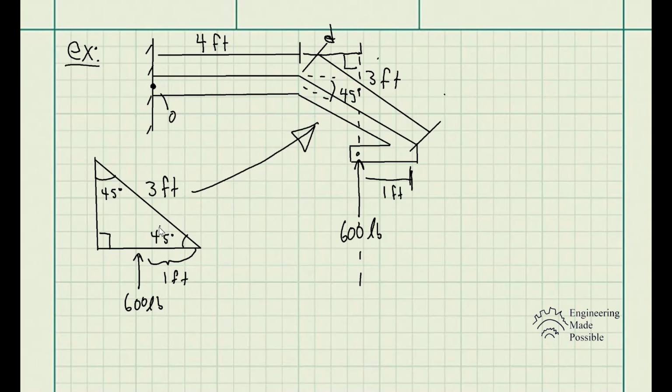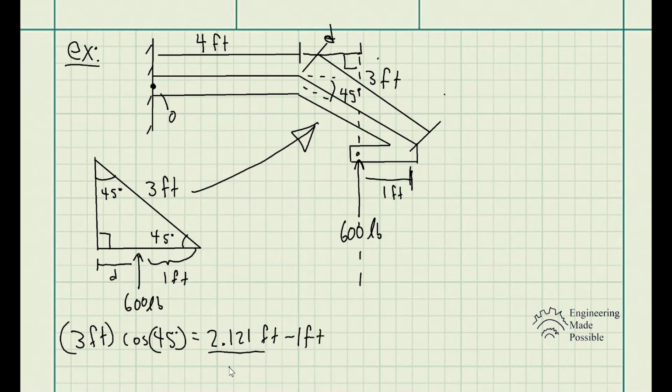So now we should solve for the total length here where the force is. So we have 1 foot plus this unknown distance d here. So we need to solve for the d portion. Since we know the length of the hypotenuse here, we just do a simple cosine and solve for the total distance here. So the total footage of the bottom side of this triangle is 2.121 feet. Now, d is equal to this total footage minus this 1 foot, right? 1 foot. So d must equal